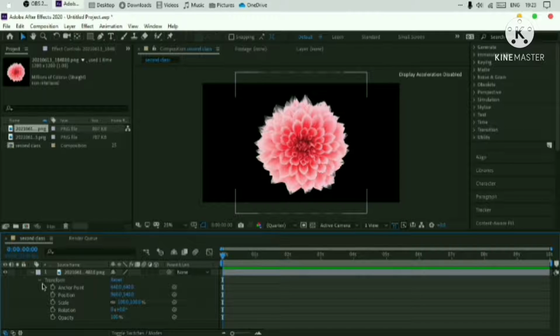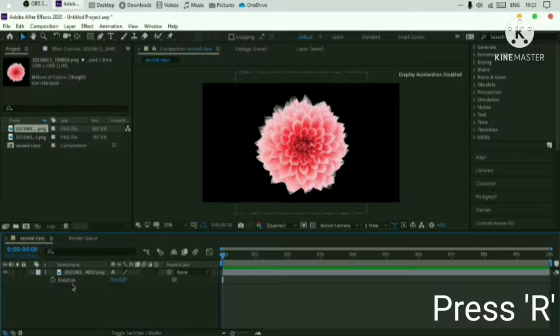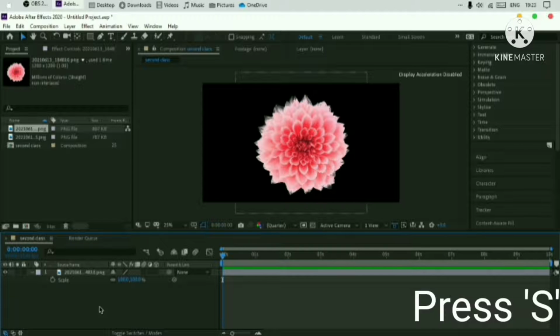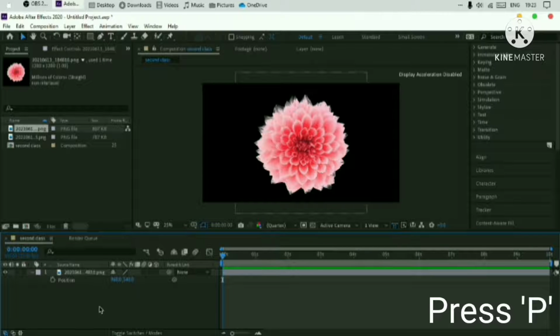So for example, if you want to get only the rotation, then what you can do is press the R button on your keyboard and you will get only the rotation. If you want only the opacity, then you can just press the T button to get the opacity. If you want only the scale, then you can press the S button to get the scale. If you want your position, then you can just press the P button.